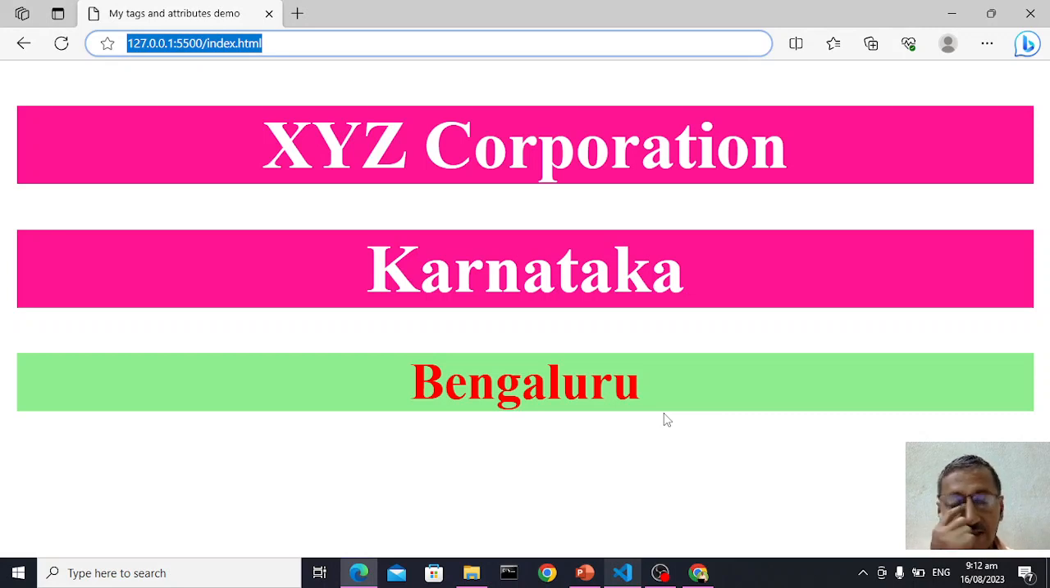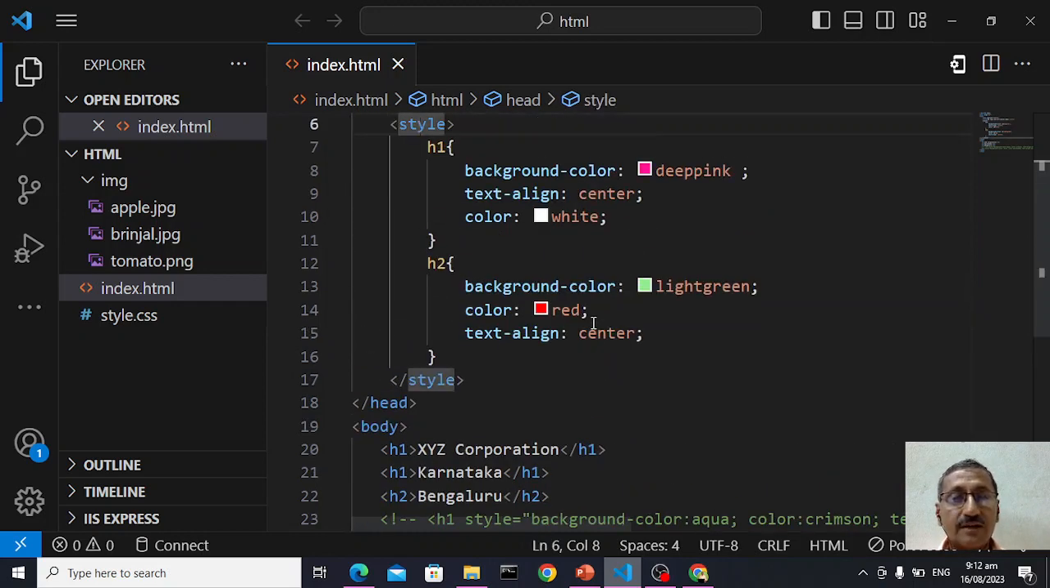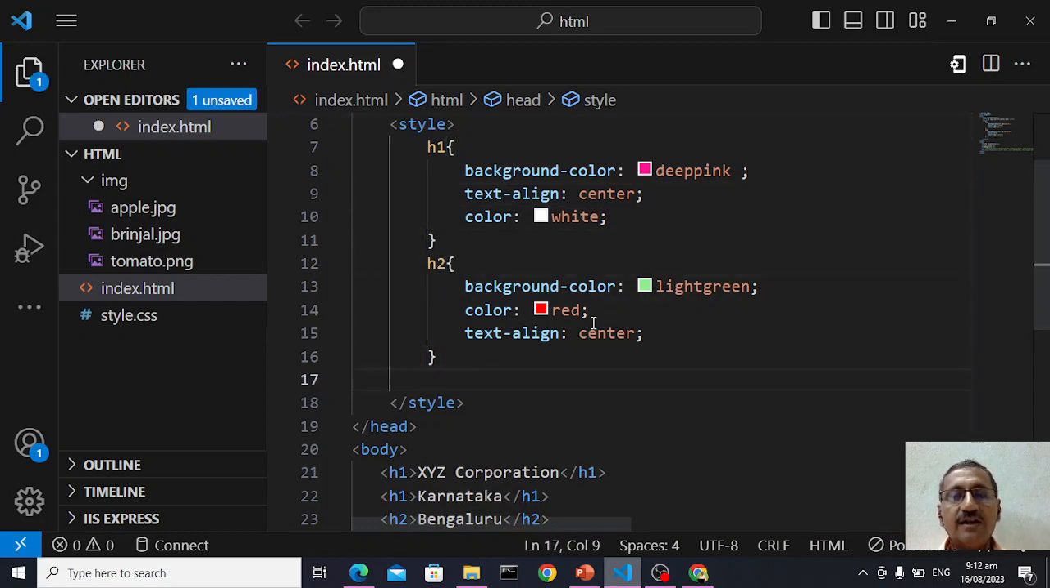Now look at this. H2 is Bengaluru. This text is getting a background color of light green and centered. So this is called internal CSS, because the CSS is part of your HTML document itself. So you can have all your elements selected here and you can apply styles one by